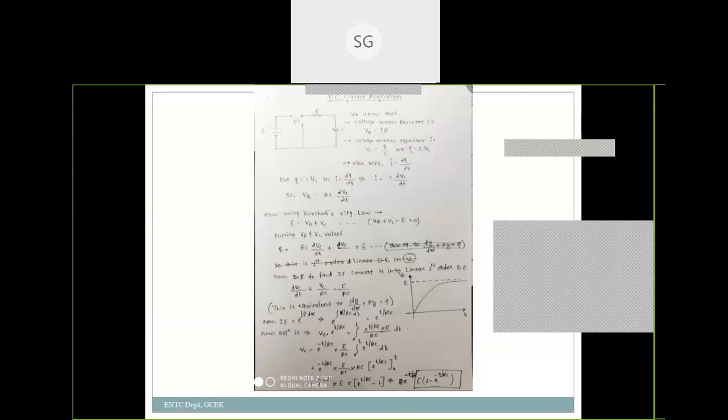Then also we can do that. We just have to put Vc is equal to Q by C. That step I'll discuss in one of the examples, if time is permitting. Just we have to put Vc is equal to Q by C. Since we are much more interested to derive this condition, we are keeping the equation in Vc only.